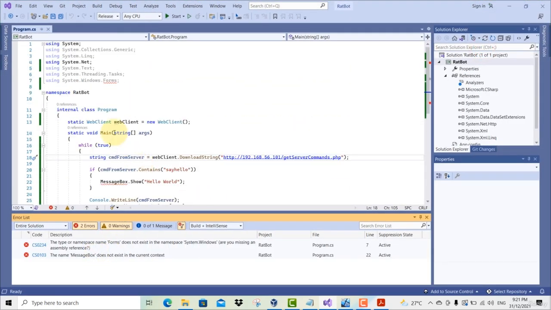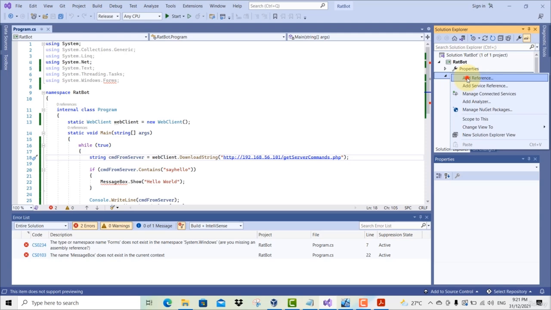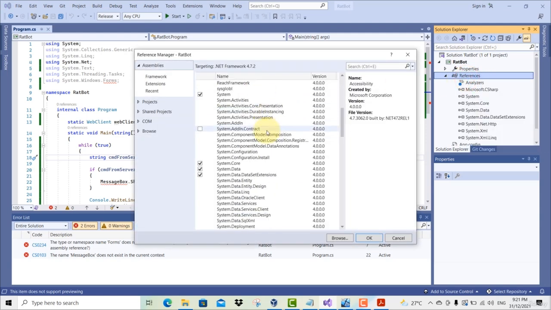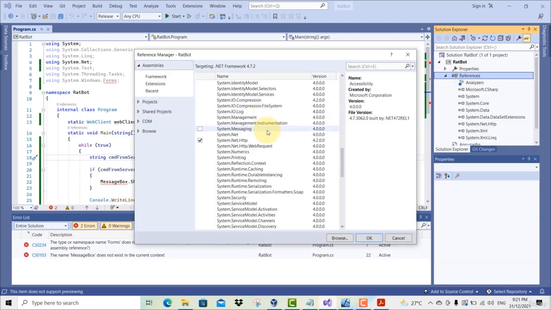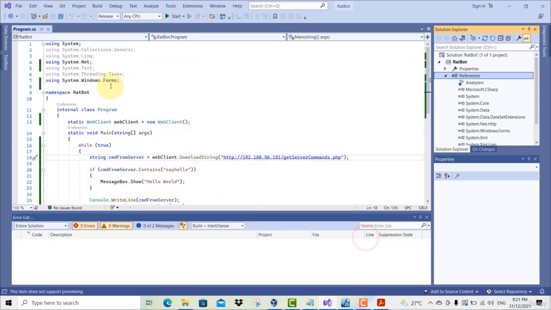Alright, so it wants us to put an assembly reference, so no problem. We come back here. If you are seeing this error, this is how you fix it. Right click on this, add reference, and here go to System.Windows.Forms, check on this, click OK, and this should go away. All the errors should go away. Okay, now you save it, rebuild,